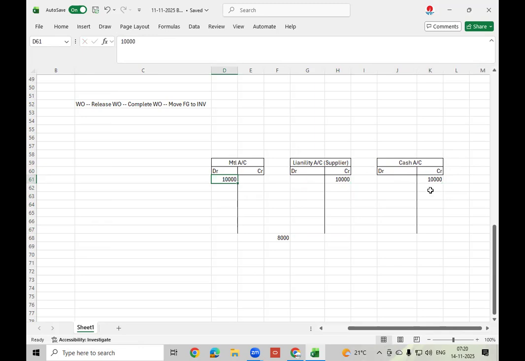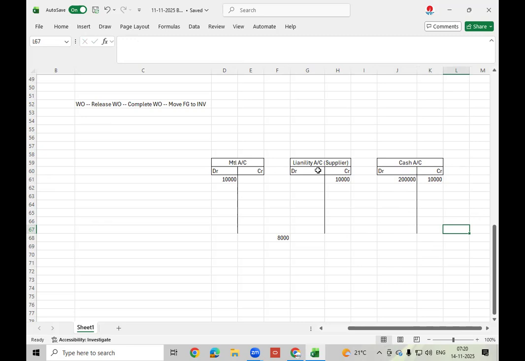Now entry creating for cash payment. So suppose you just assume in the cash account or bank account, some 2 lakhs amount was there. Okay. Now 10,000 I paid to my supplier. Then what is the cash account balance? It is 1,90,000.